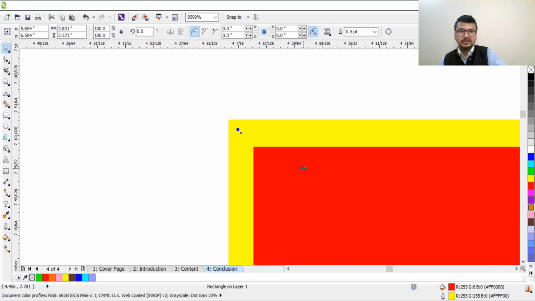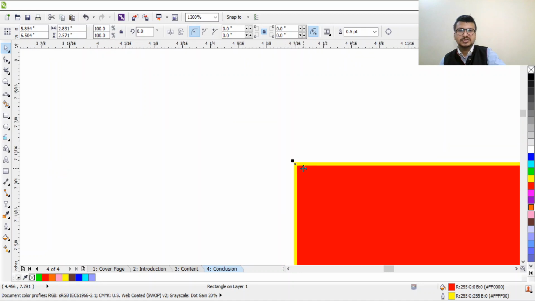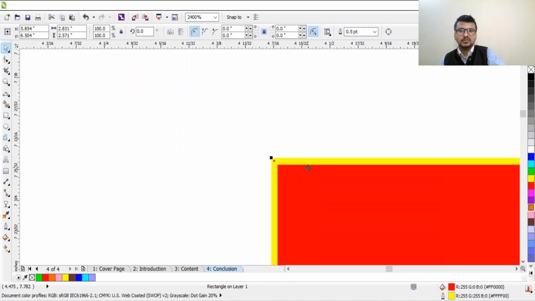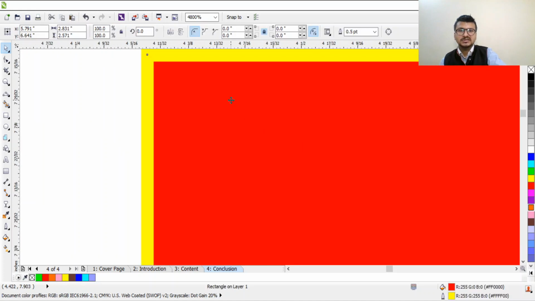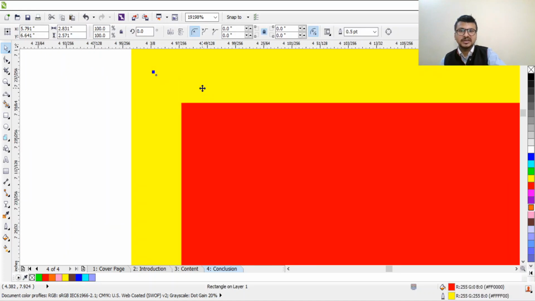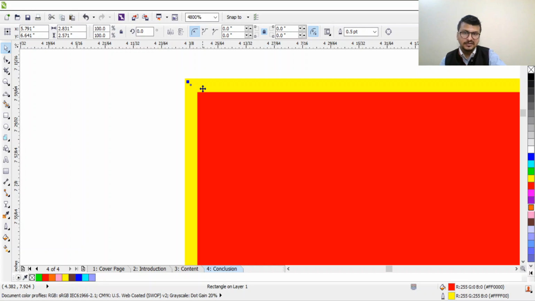And one more thing, I have zoomed in this image 1, 2, 3, 4, n number of times, but this image doesn't get pixelated because it is vector graphics, and I have created this graphic, it is not a clicked image.